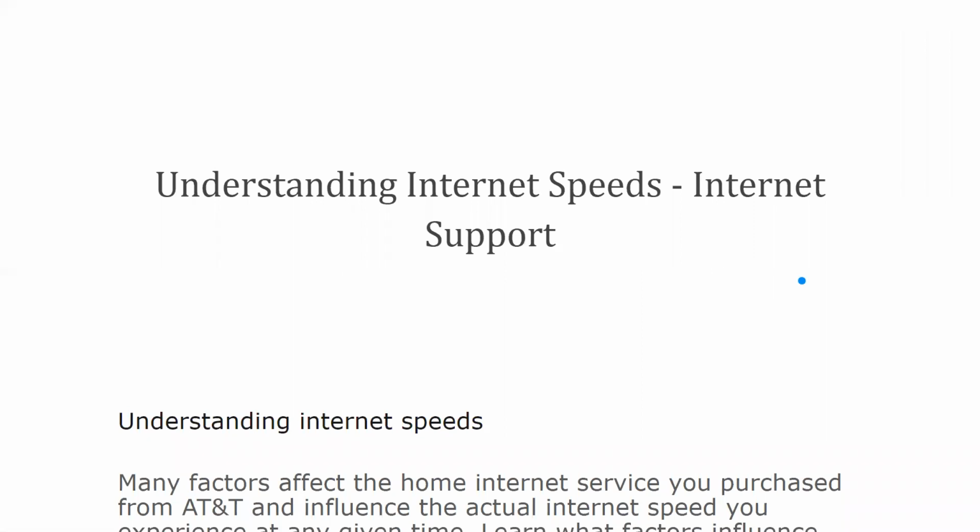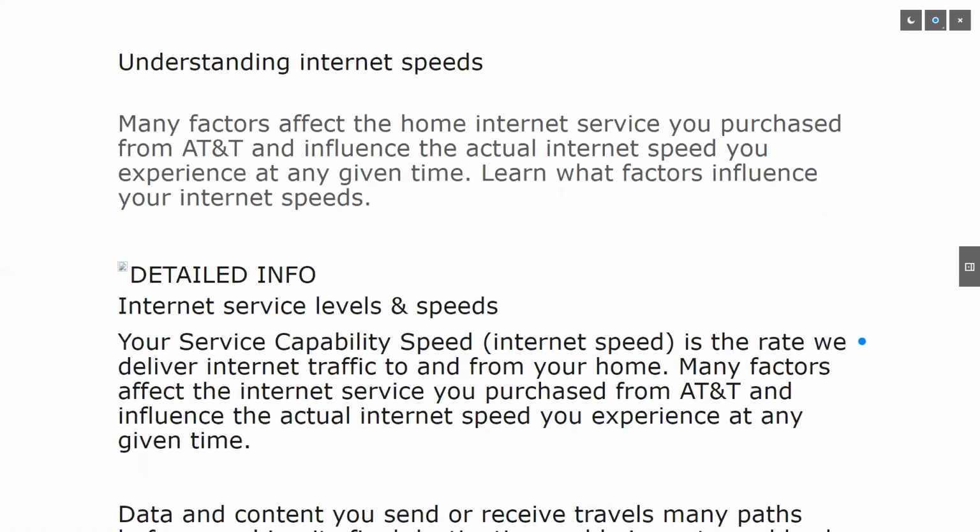This is understanding internet speeds from internet support. This is from AT&T, so there might be some references to them, but bear in mind that this is a general article. So many factors affect the home internet service you purchased from AT&T or whoever you've purchased it from, and influence the actual internet speed you experience at any given time. The internet service,